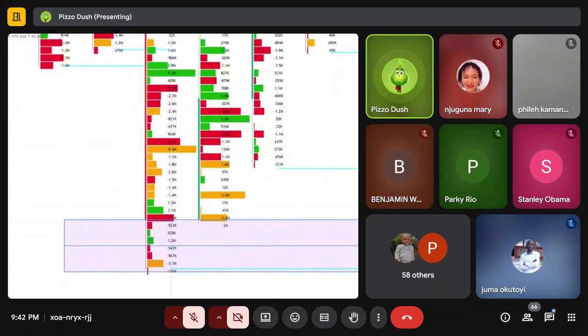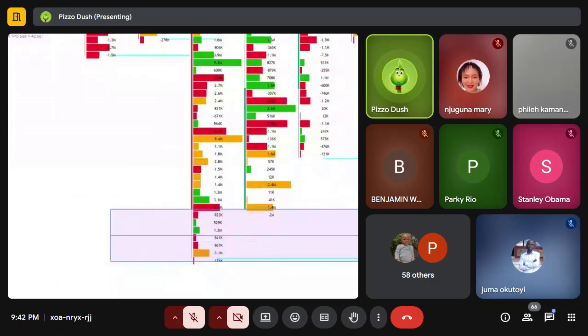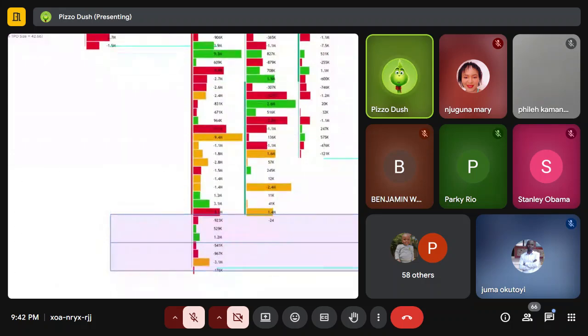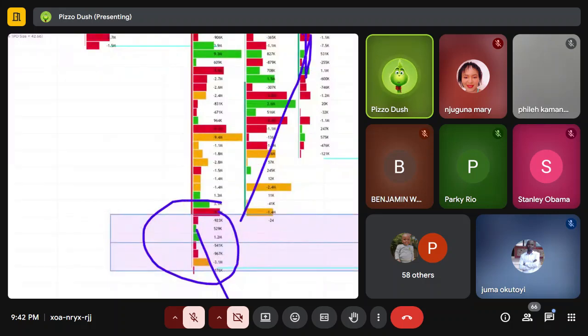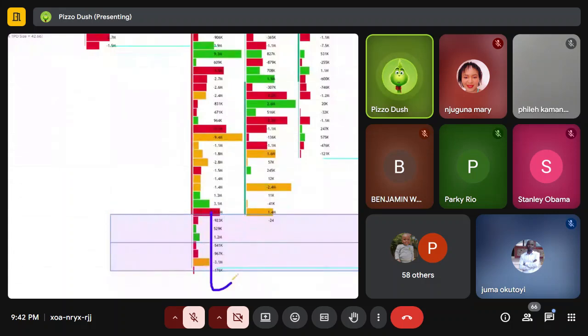So according to you, ukiangalia hapa hivi ni akina nani wengi? Juu watu walikuwa nafaa kusell, then market fake out reverse juu. So